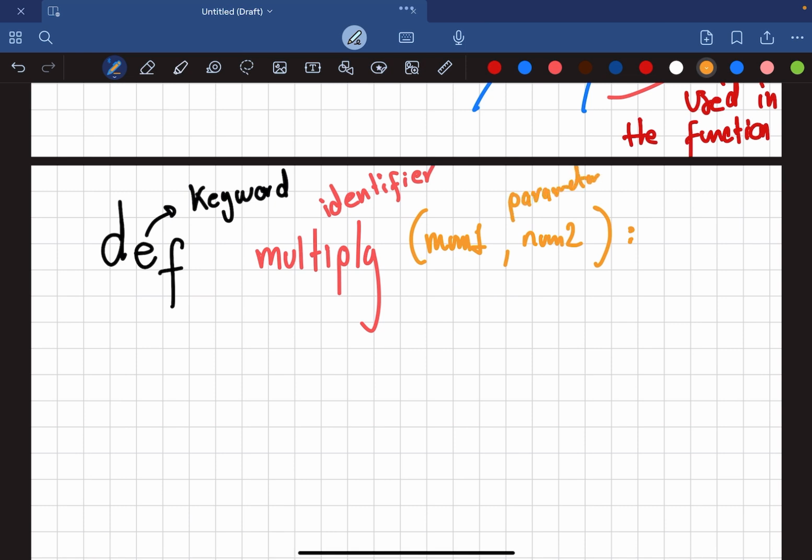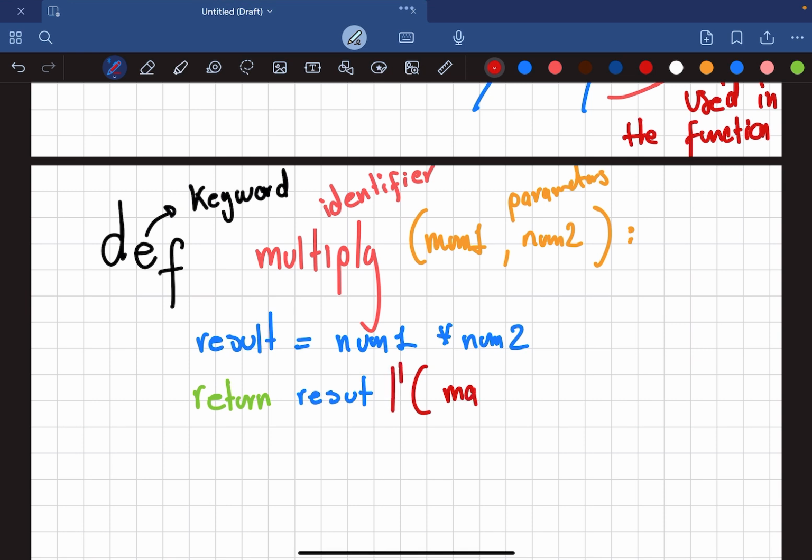And these ones are the parameters, okay? Parameters. Then, I must create the code. What is the code? Result is going to be equal to what? To the result of multiplying num1 times num2. And since I want to make this global, I'm going to return what? Result, yeah? So I'm going to specify in here in a comment, make global, okay? This one is the process,